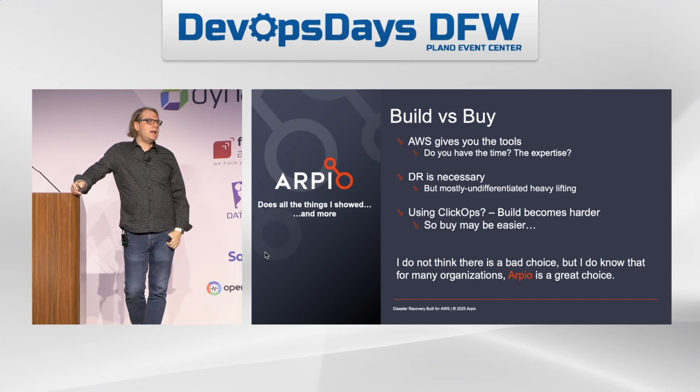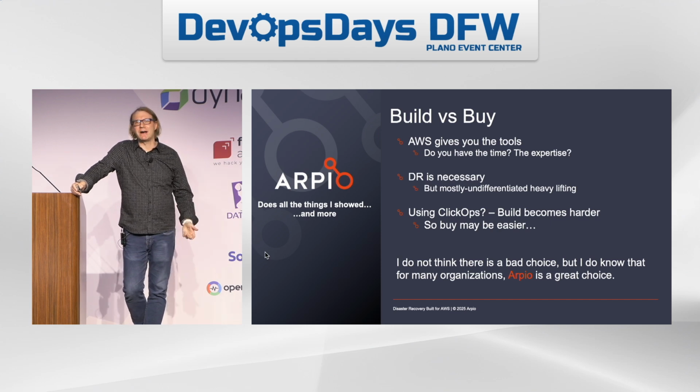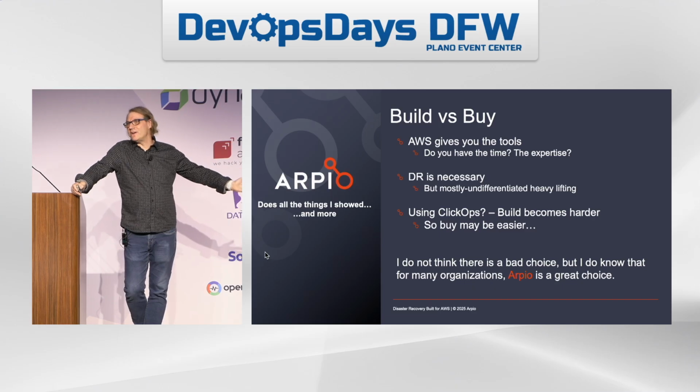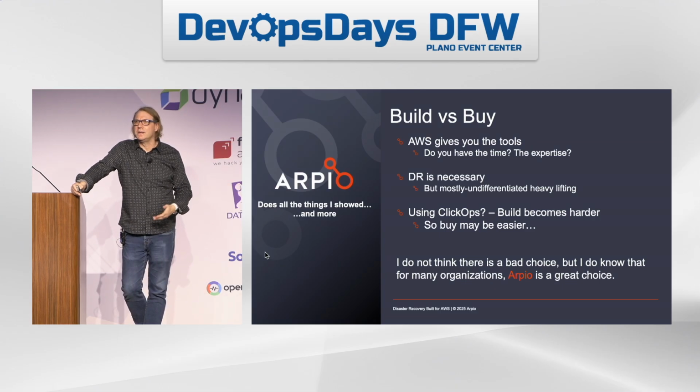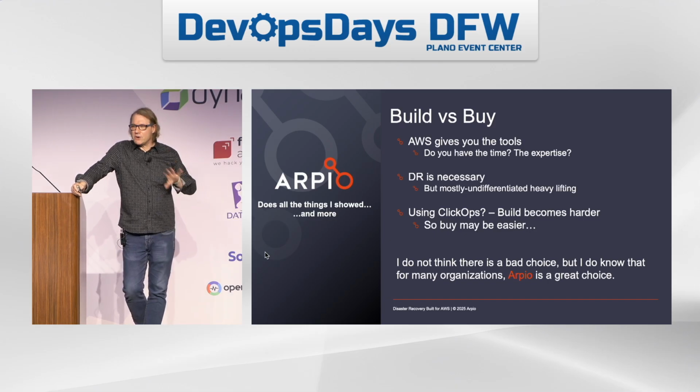And for anybody out there, you don't have to raise your hand, you don't have to be embarrassed, who owns a workload that doesn't have infrastructure as code. It's ClickOps. Maybe you inherited it, maybe you didn't create it. Get that thing on infrastructure as code eventually, right? You need to do that. But until then, a solution like this will work. Building it yourself without infrastructure as code in place is going to be a lot harder. So maybe using a solution like this that uses the Boto3 SDK might be a solution for you. Ultimately, make your own choice. I'm not here to pitch you, but I think this is a pretty cool solution and can work for many good customers.